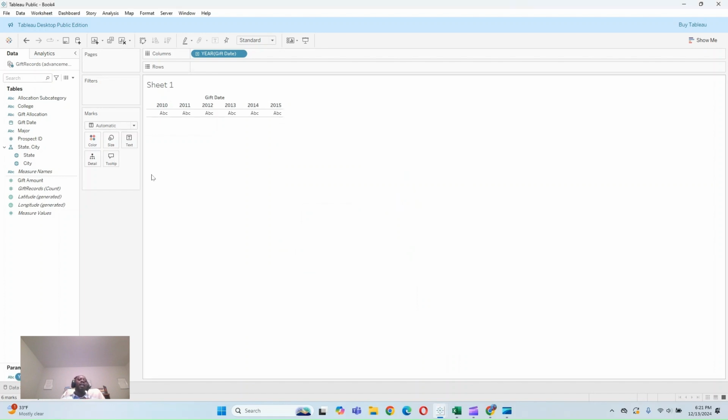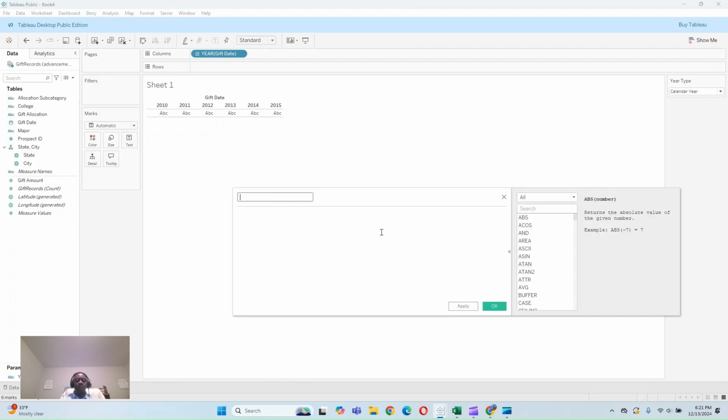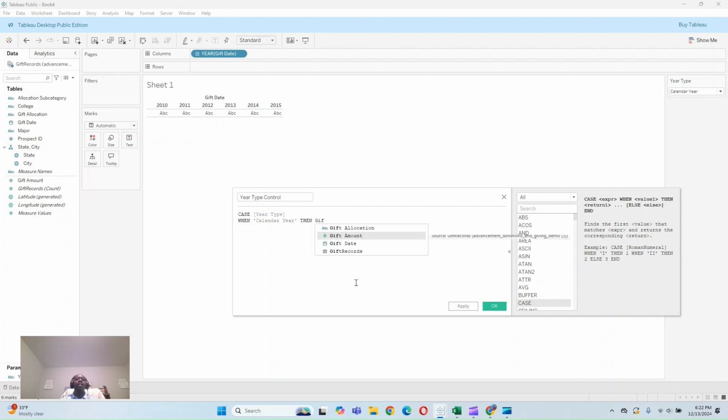Remember our rules: create a parameter, show your parameter, and use it in some way in the view or in a calculated field. So we're going to use it in a calculated field. We're going to do year type control and use the case statement that we learned earlier. Case year type, which is our parameter, when we select calendar year, we want it to return gift date. When we select college year, we want, now here's a calculation